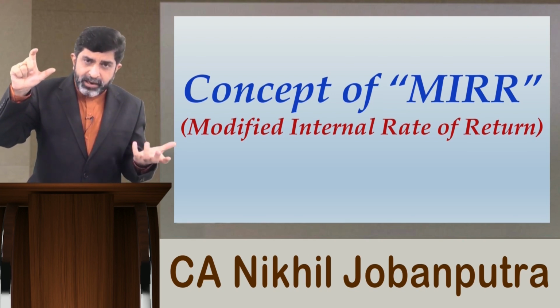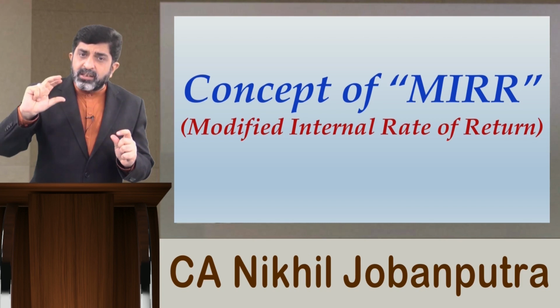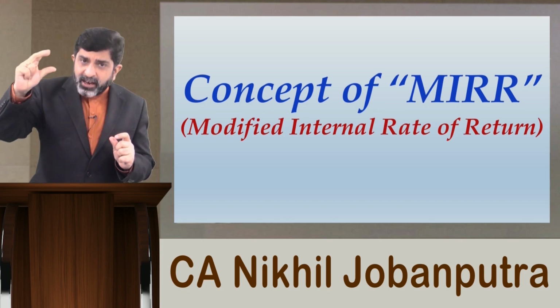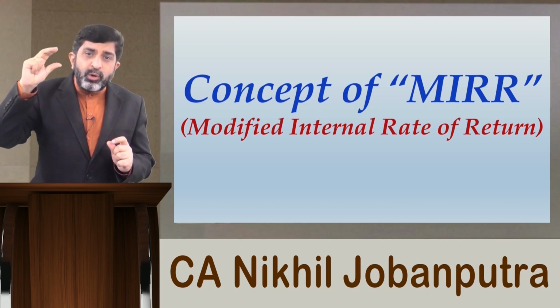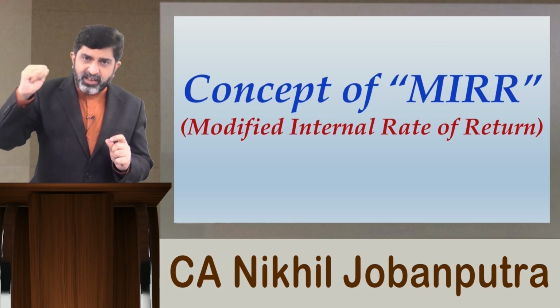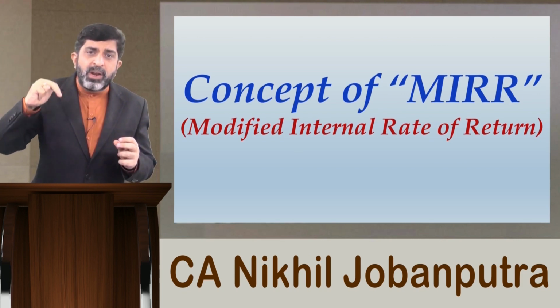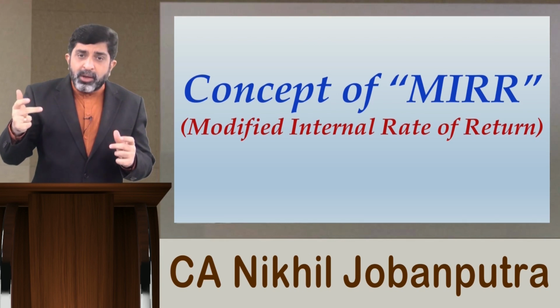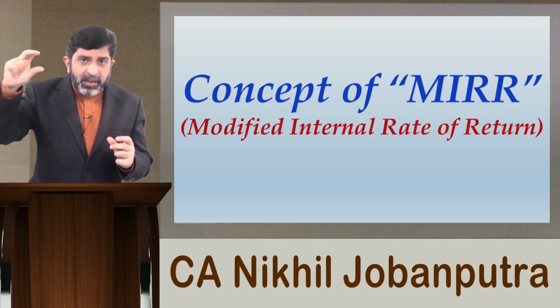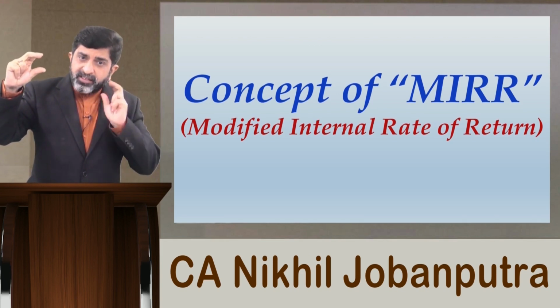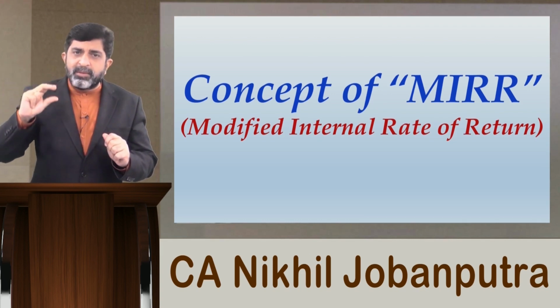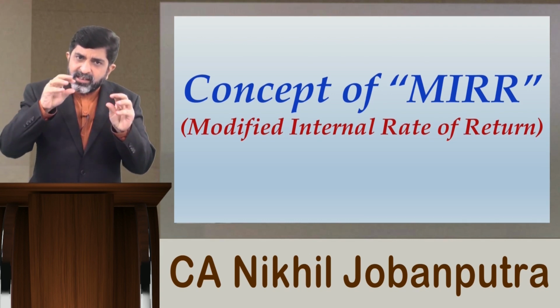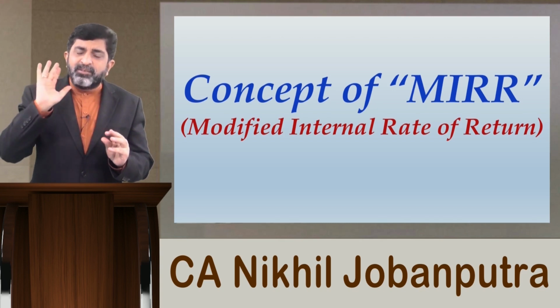I have already explained to you. Something wrong with IRR is when you attempted the calculation of NPV at 15% discounting rate, maybe the NPV would have gone to 0. Why? Because IRR is 15% and you have adopted a discounting rate of 15%. So NPV comes to 0. That is proving that your project's IRR is 15%.